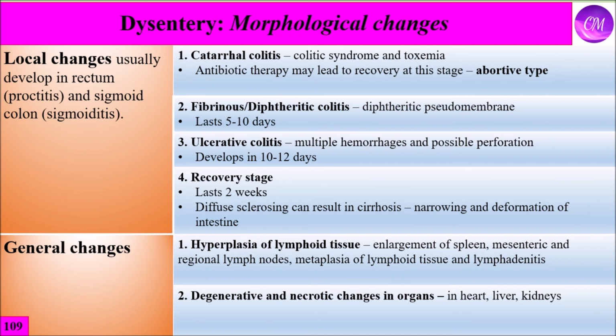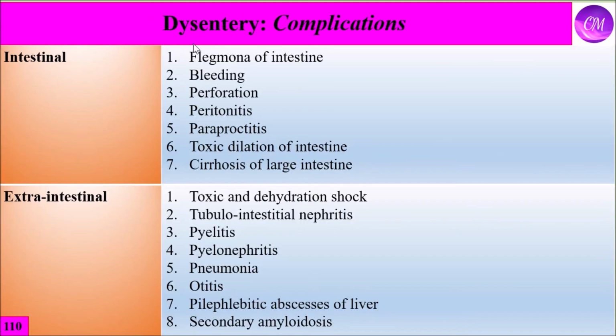And general change has two groups. The first, hyperplasia of lymphoid tissue, and degenerative and necrotic change in organs such as the heart, liver, and kidneys. And the complications of dysentery are divided into intestinal and extraintestinal groups. The intestinal complications are phlegmona of intestines, bleeding, perforation, peritonitis, paraproctitis, toxic dilation of intestine, and cirrhosis of the large intestine. But extraintestinal include toxic and dehydration shock, tubulointerstitial nephritis, pyelitis, pyelonephritis, pneumonia, otitis, polyphlebitic abscess of liver,